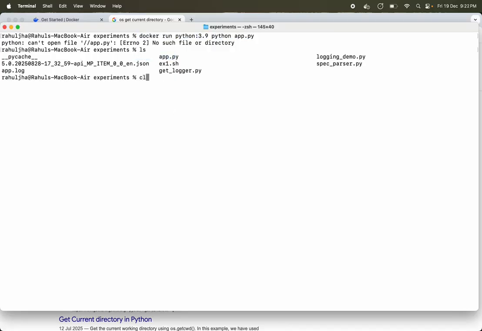Now how do we resolve this? We resolve this by creating something known as volume mounting. So how can we do that? After doing this docker run and before specifying the image name, we can pass this argument called v. In v, we can say to the running instance of the container, hey, take the host system's file directory and put it inside a certain folder, and that certain folder we can define.